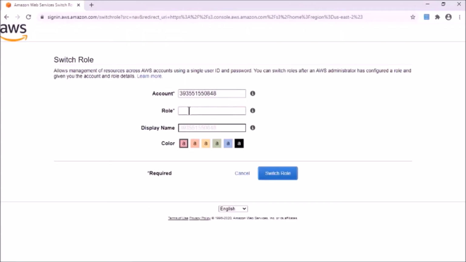Here we need to provide the role name. It should be the same as what we have created in the AppsDev account. We had created cross account AppsDev. I will name it as AppsDev and roles.